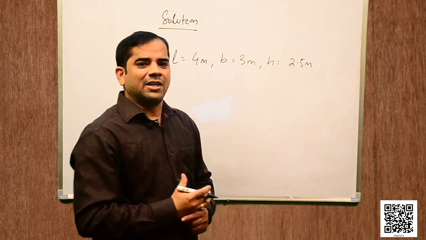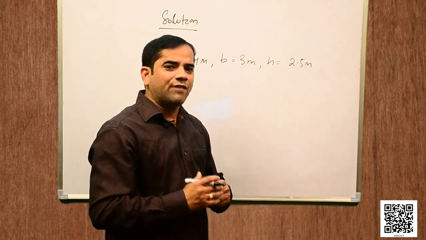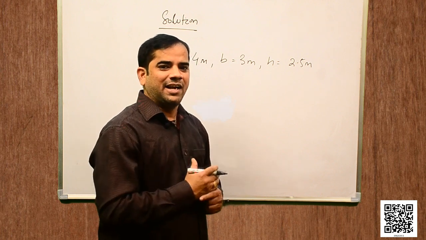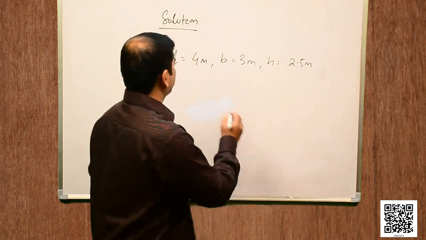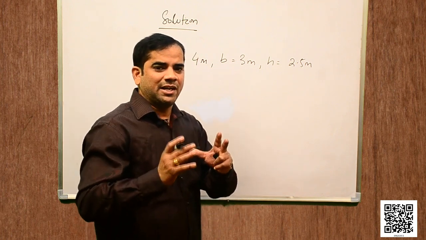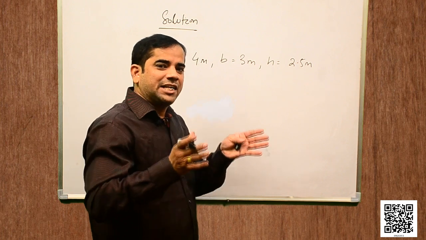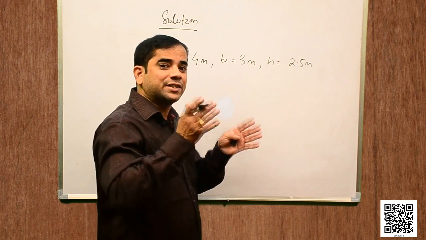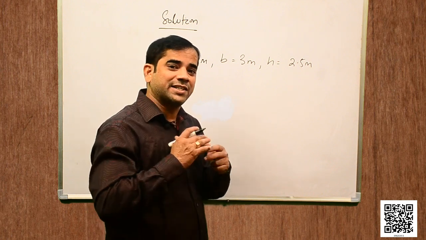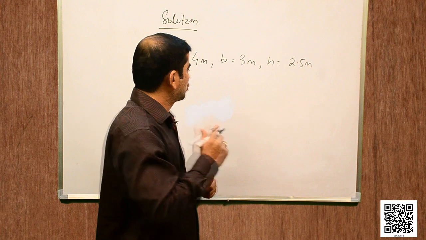Okay. So tarpaulin is required only for the 4 sides and top of the shelter. Hence, area of tarpaulin required is equal to, see, you just need to understand that the tarpaulin is required only for the 4 sides and top of the shelter. Fine. So